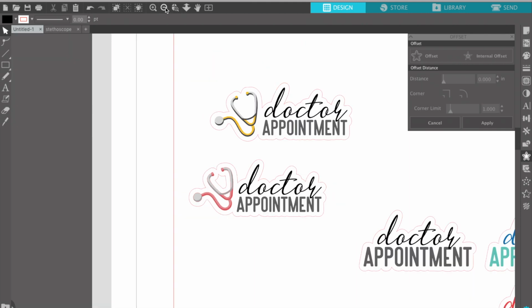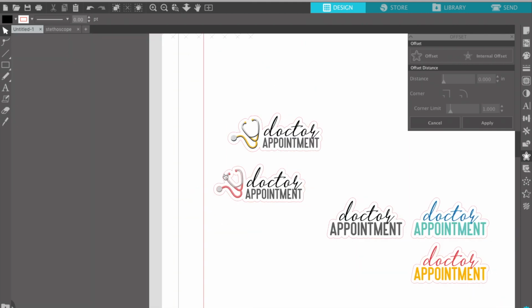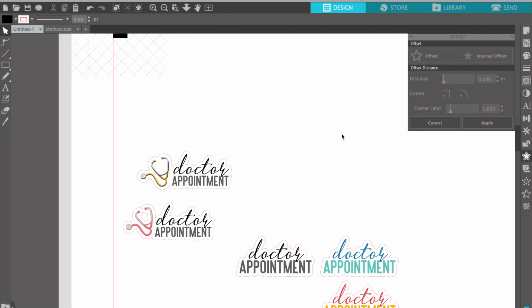But there's that. And then now for the last thing, it's going to be like an appointment label with text on top. I don't think we'll do the icon. I think it will just be easier with just the text on top, and it's a different sticker to show all you. So for that, what I'm going to do, I'm going to go over here to the drawing tools